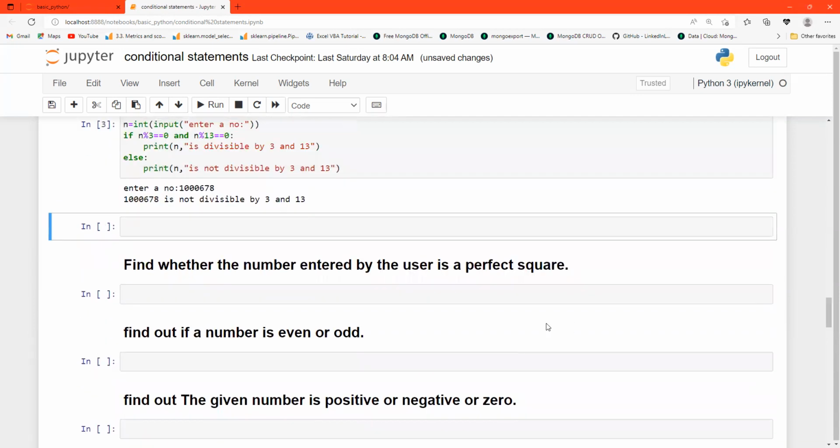Okay, now let's take another question. Find whether the number entered by the user is a perfect square or not. So guys, in mathematics generally, what is a perfect square? If we take the square root of any number, and again add 0.5 to that square root,